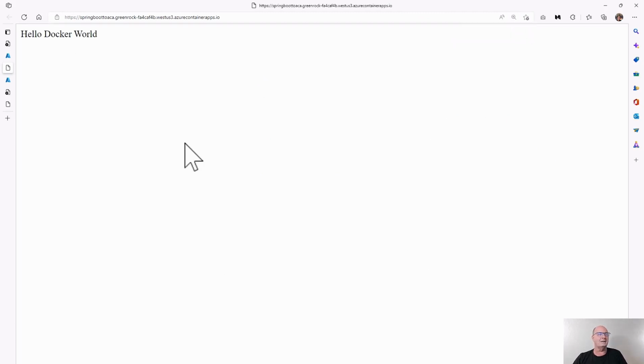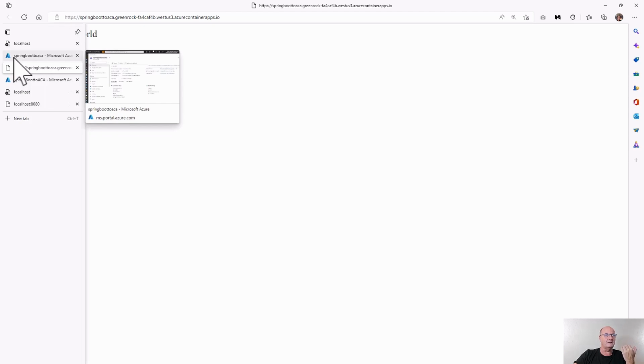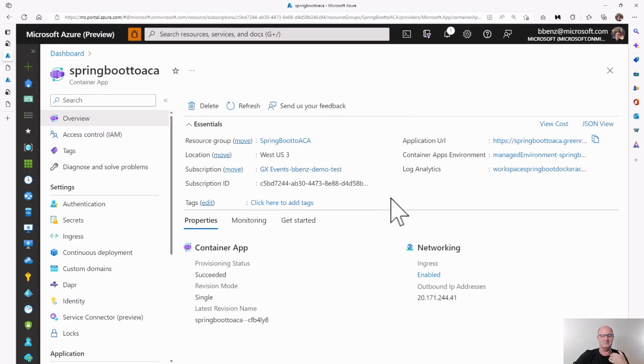Once we've opened it up to the outside world, all you have to do is create that application. If you need to update it, you can update it from the registry. But the application is there, it's running, and it pulled the registry image into the container app on its first load. So everything's here that you need.